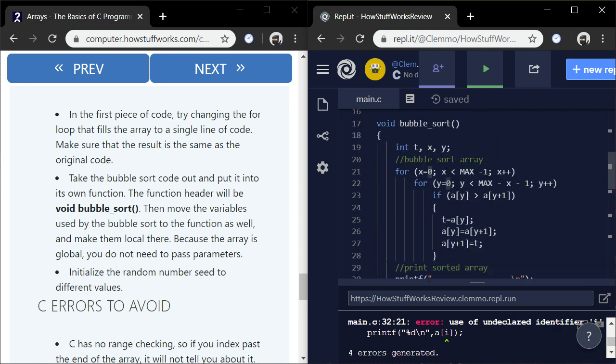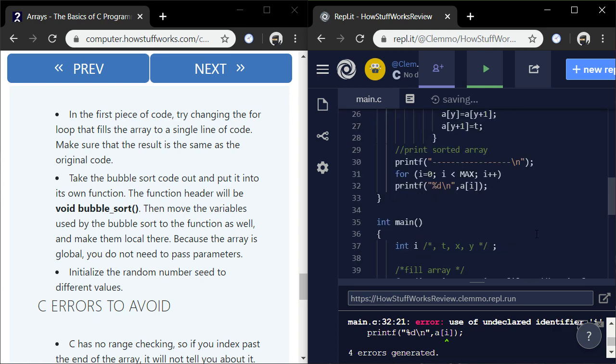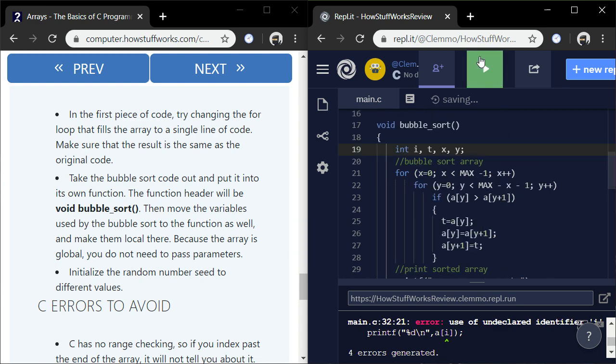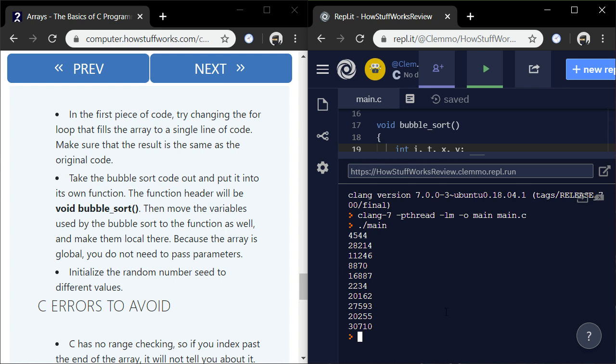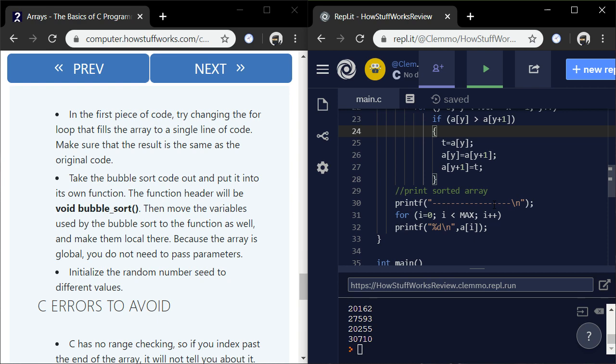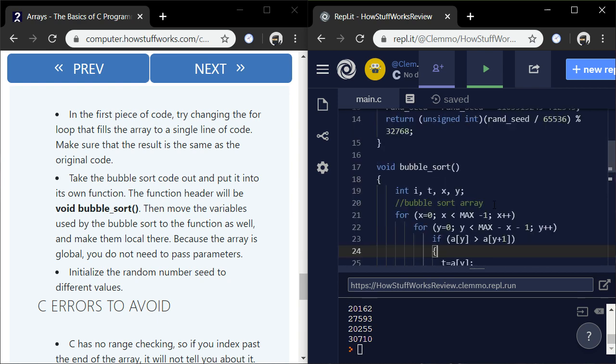I don't know. This is probably a bad idea, but I'm going to give it its declaration, declare two different functions and see what happens. Oh, it worked. I think. No, it didn't. Didn't sort it. It created the array, the random values, but it didn't sort them because nothing's calling bubble sort.